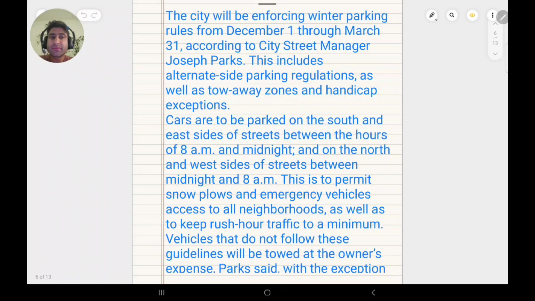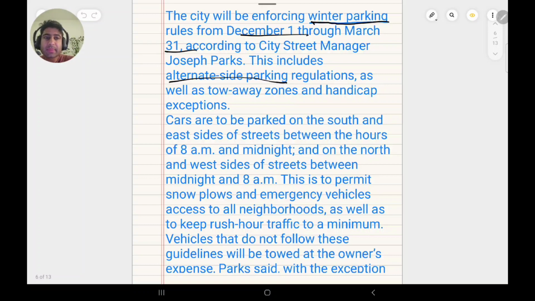The city will be enforcing winter parking rules. It's all about the winter parking. Now you understood, right? So let me mark it. It's all about winter parking rules from December 1st through March 31st. Okay, dates should be highlighted. According to City Street Manager Joseph Parks, this includes alternate side parking